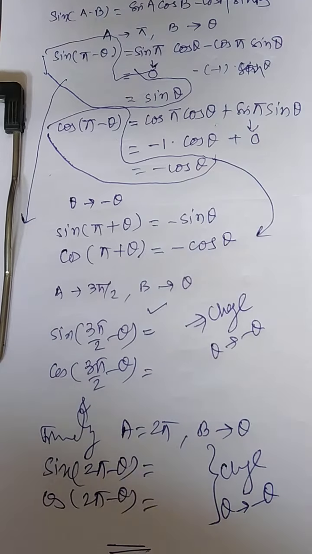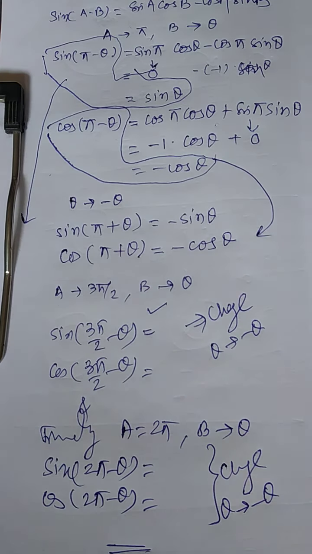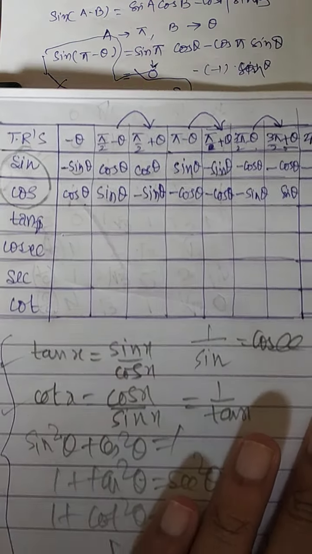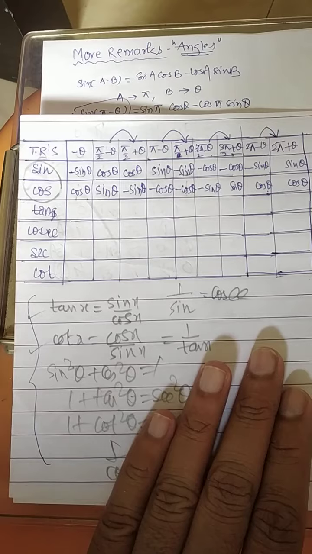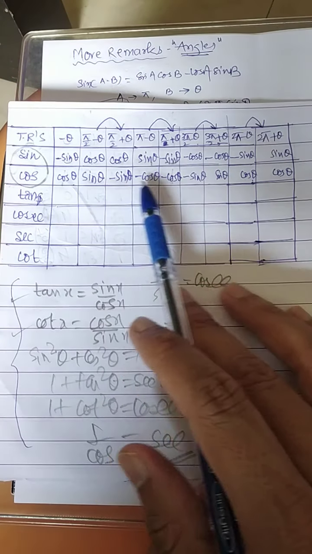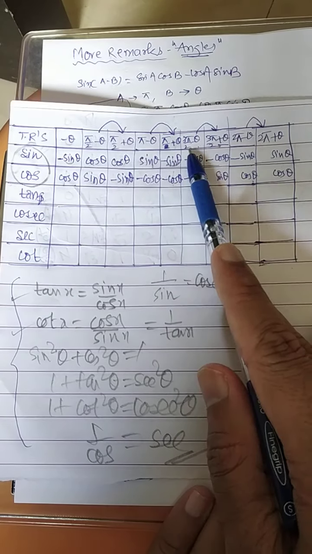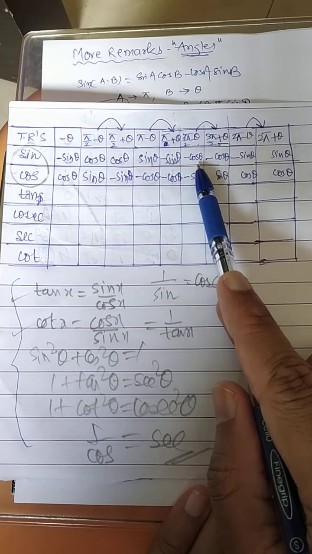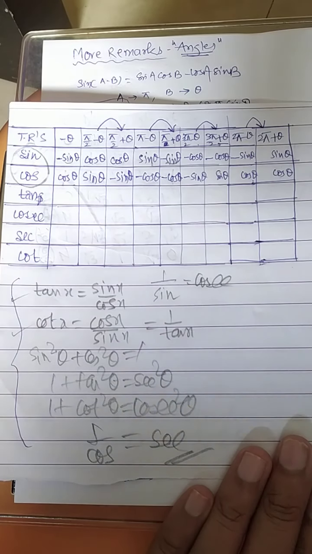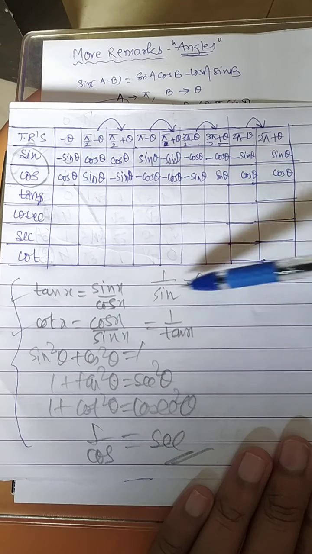I am waiting; complete this work, and then I am going to show the table. I think by this time your remarks are ready. Just check with the table. Are you getting this kind of remarks? Look here. This much I have explained. These 4 you have calculated. These are the initial values. By changing you are getting this. These are the initial values. Now you should remember these remarks. Now the next task is to complete this whole table.